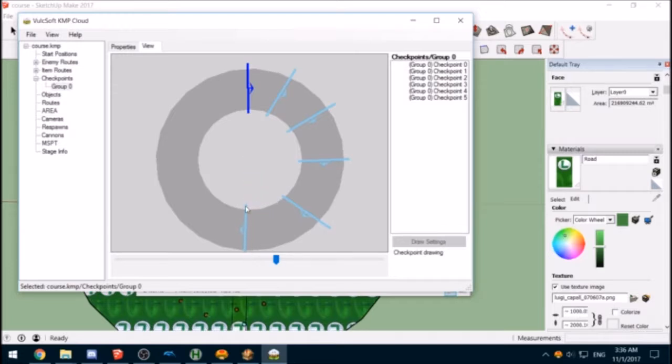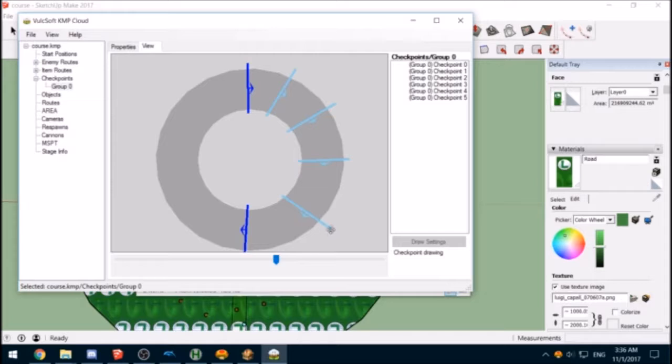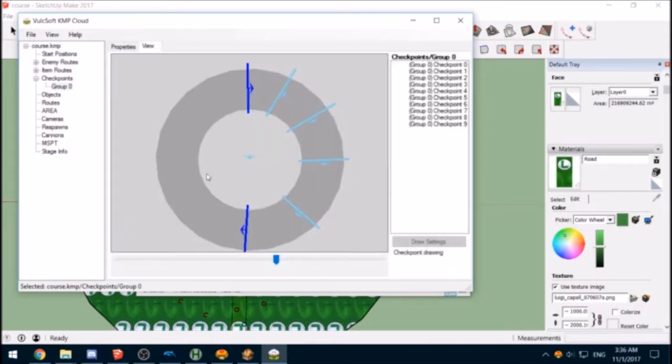Okay, so this one I'm going to make a key one because it's on the opposite side. I'm actually only going to make 2 key checkpoints in this course, but usually you should have more than that. Add more stuff. The cool thing about checkpoints is they're 2D instead of 3D, so you don't have to worry about a Y value. And we just go along here, putting in checkpoints.